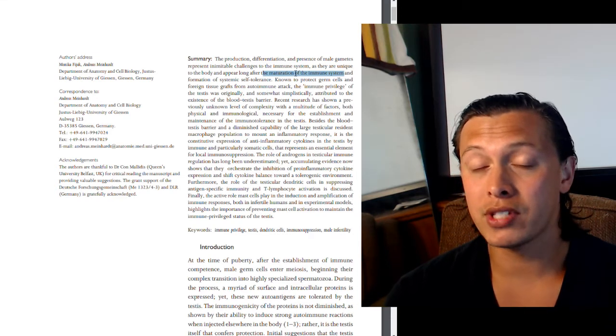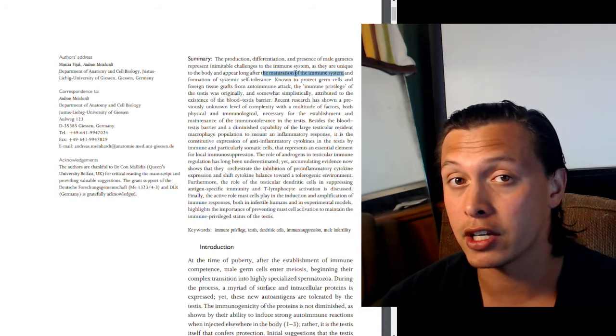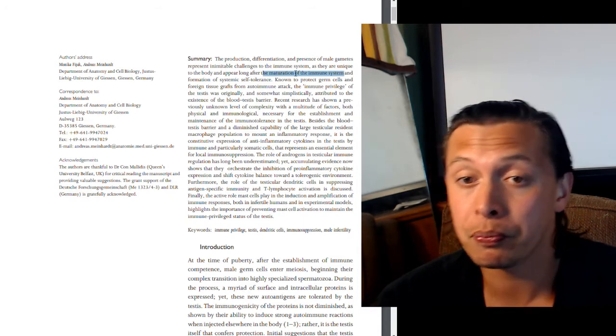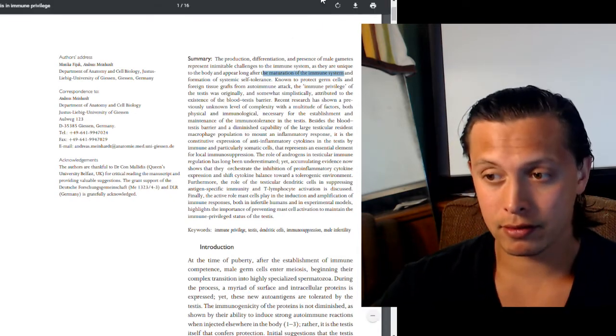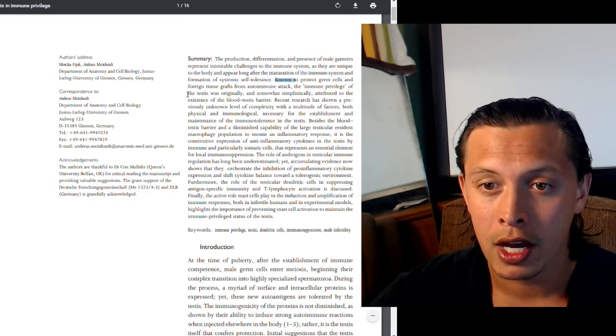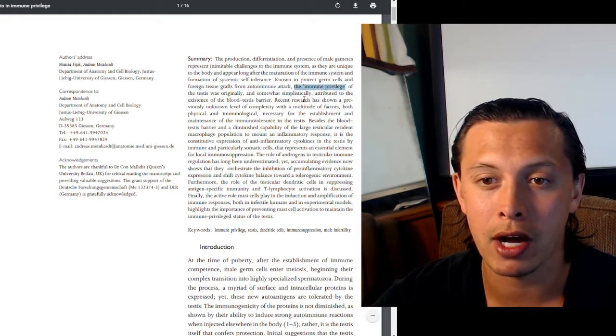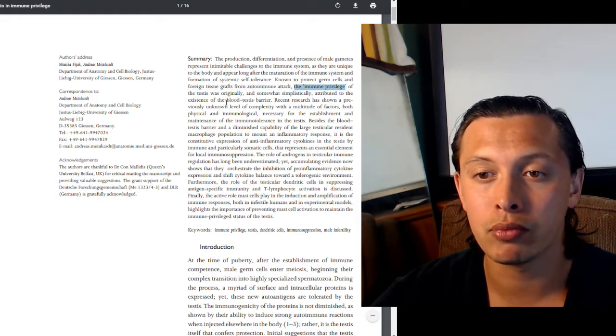So this presents a big problem for your immune system, because if your immune system is attacking your sperm cells, well, you're going to be infertile. But there are ways to get around it, such as immune privilege. So we will continue. Known to protect germ cells and foreign tissue grafts from autoimmune attack, the immune privilege of